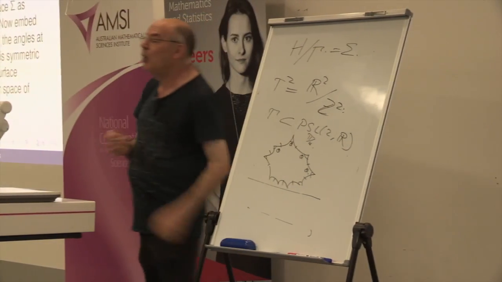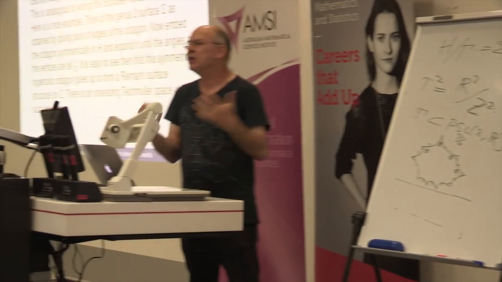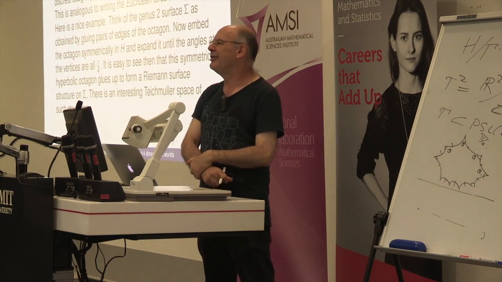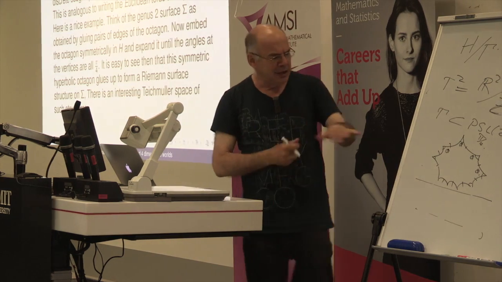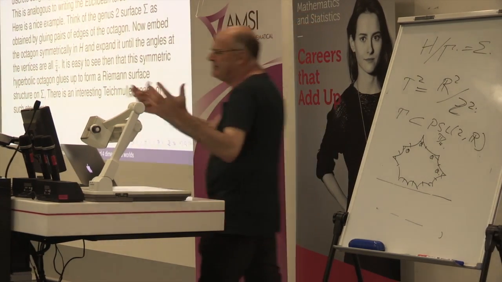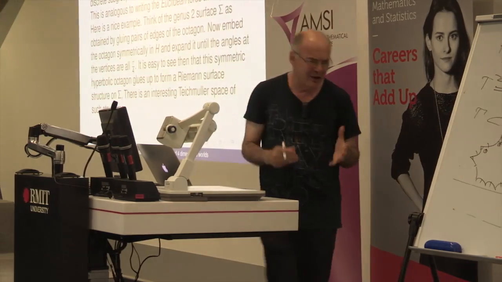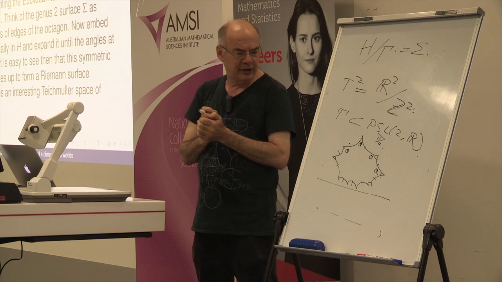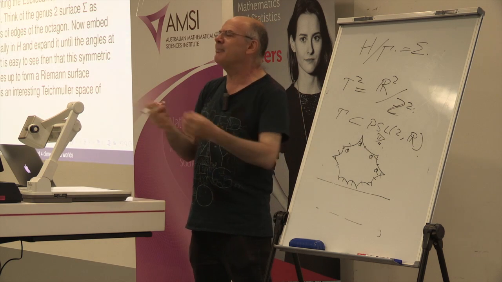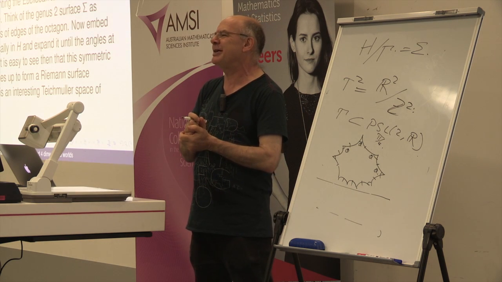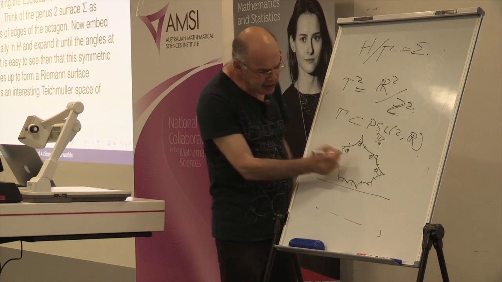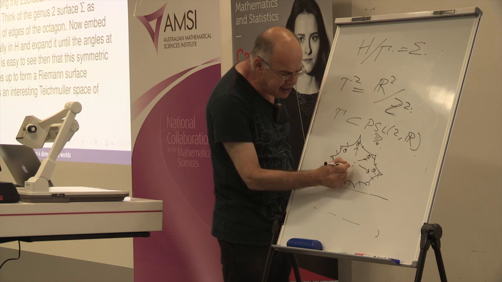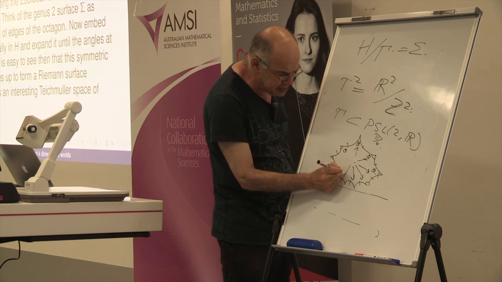So the angles will all look like a symmetric Euclidean octagon, and we know what the angle there is. It's going to be a lot more than 45 degrees, whatever it is. So the angle is rather big if it's a Euclidean octagon. Now suppose I start blowing it up like a balloon, making it bigger and bigger. Really what I'm doing is moving all these points symmetrically away from some centre point.